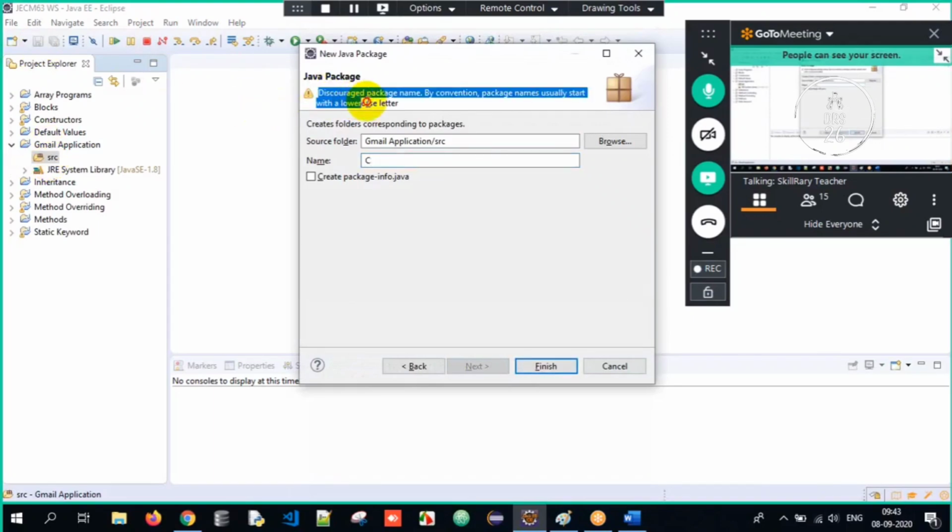See, it gives a warning: discourage package name. By convention, a package name usually starts with a lowercase letter. Okay, so packages should always be lowercase. So I'll tell